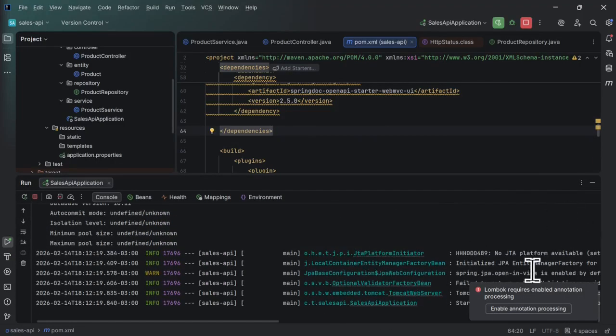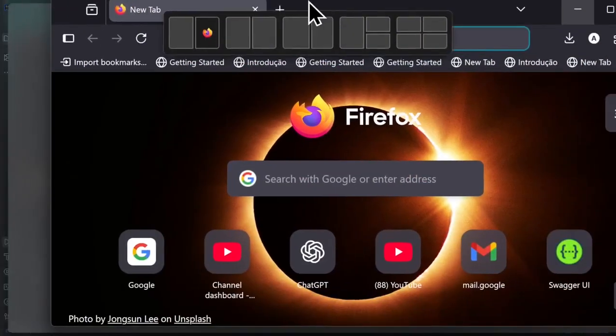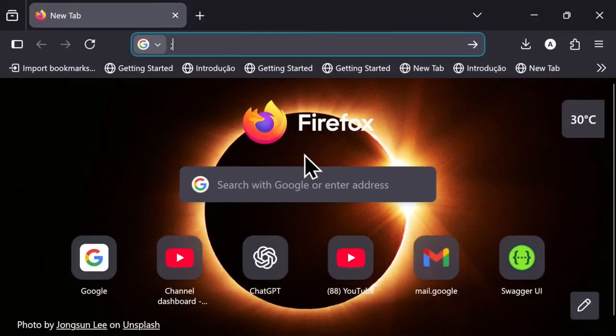Okay, project is running. I'm going to open a browser tab here for us to access. So let's call